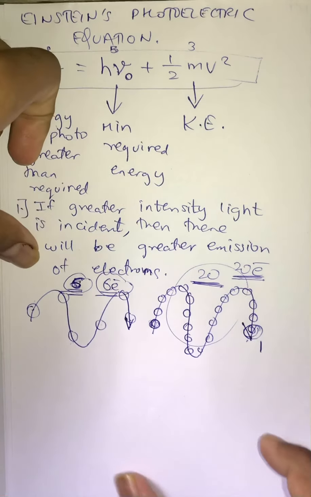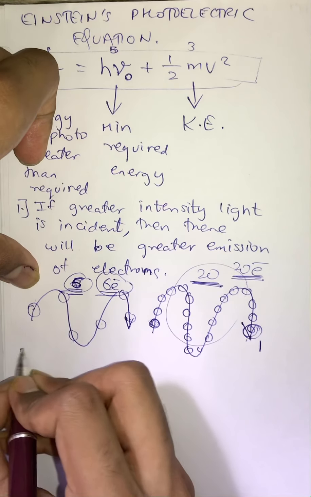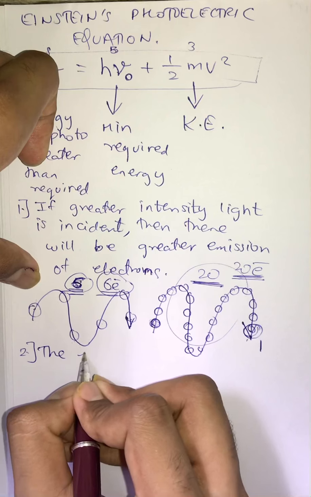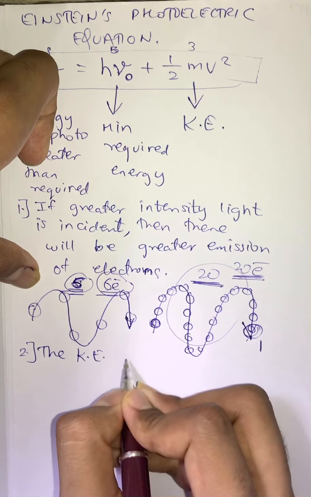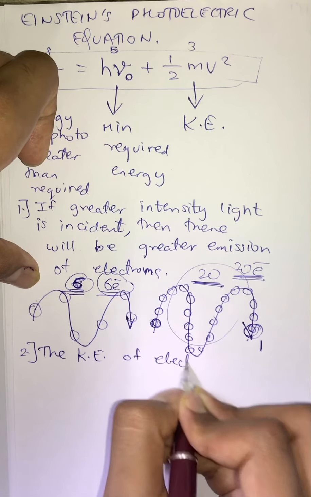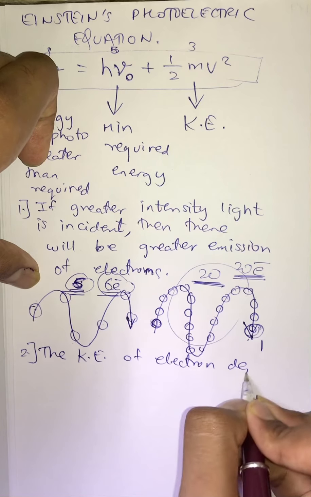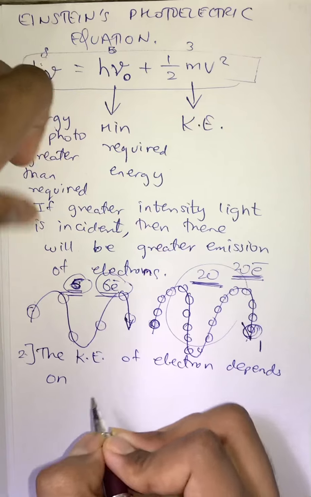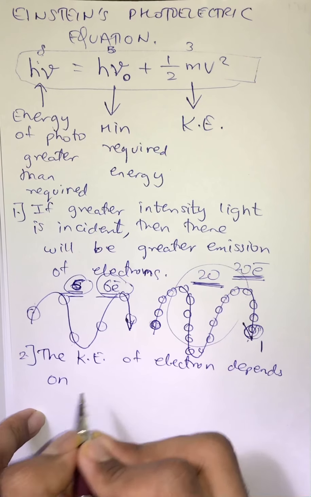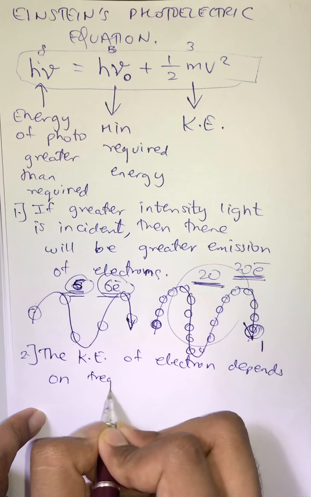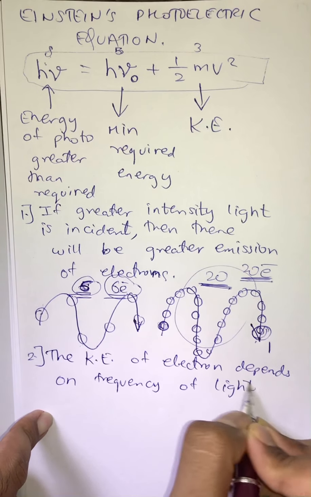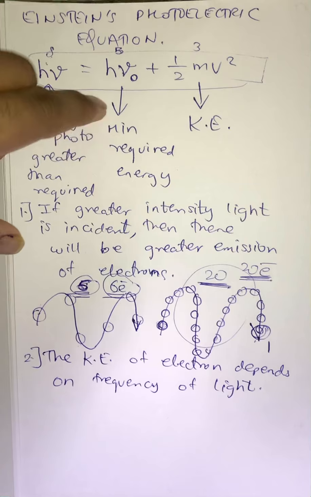Now the second point to be noted is that the kinetic energy of the electron depends on the frequency of light. Here we have seen that